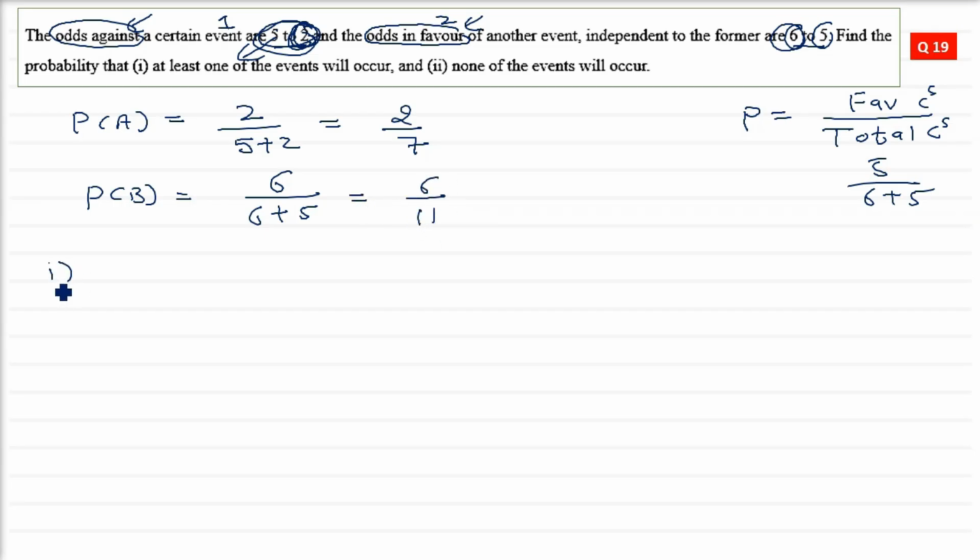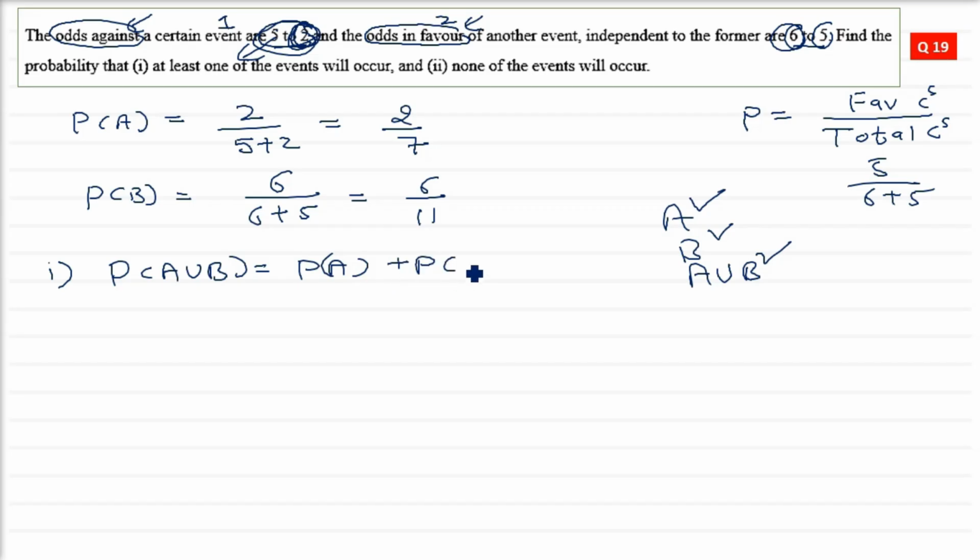Let's come to the probability that at least one of the events will occur. Either A or B or both of them. We have to have at least one of them. So we are talking about A union B. P(A union B) is P(A) plus P(B)